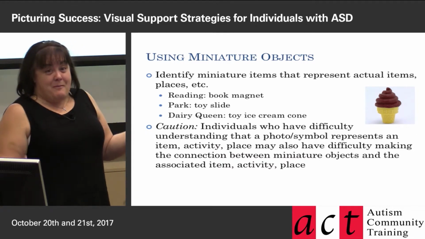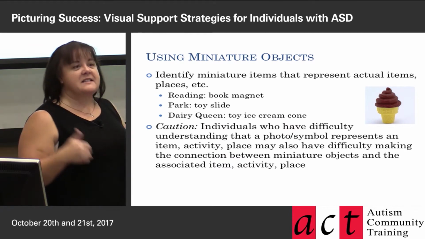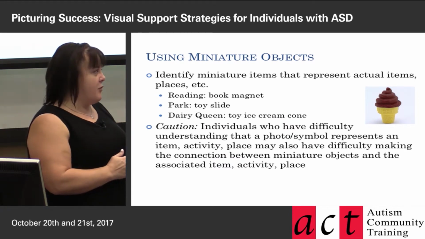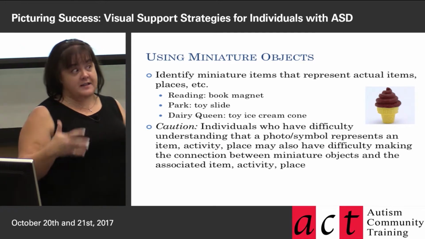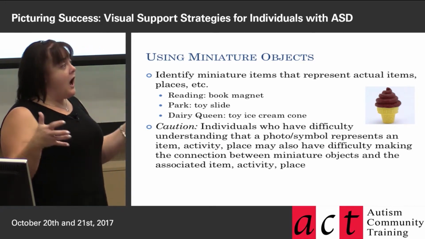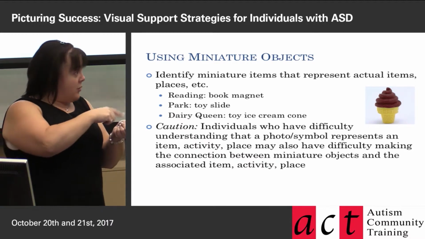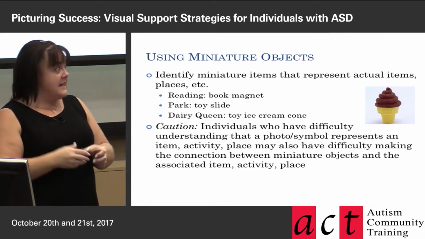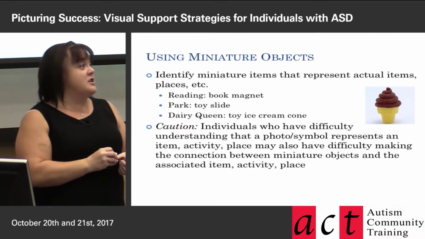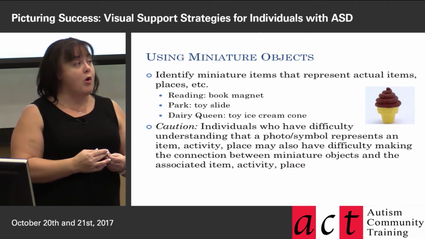Yeah, right? Maybe, maybe not. Certainly we're going to need to teach it, but is it sufficiently representative for that person? If it's a sighted individual with autism or an intellectual disability, I might be able to pair it enough. See, here's the toy slide, there's the slide you're going down, see, they're the same, so that he gets it. Certainly if I'm working with an individual with a vision impairment or who's blind, I'm gonna be somewhat more reluctant